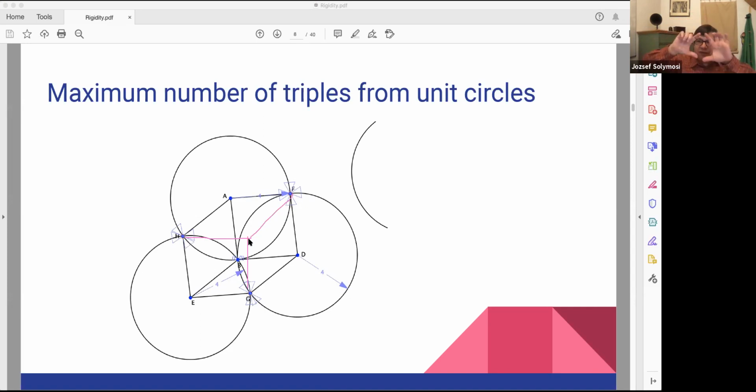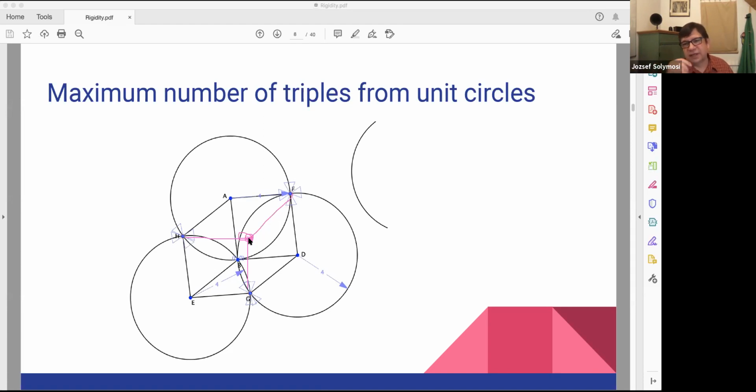So if you have, say, first a square, then of course it's not rigid as a framework. And if you have a cube, you can still push it down and move it wherever you want. So here is your pushed-down square, and this other vertex here should be the center around the 3 points. This is a unit circle. So this would be a proof by picture that those 3 are together. Now, why is it important?